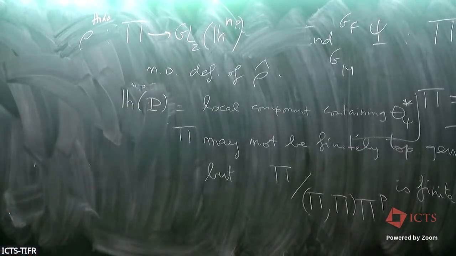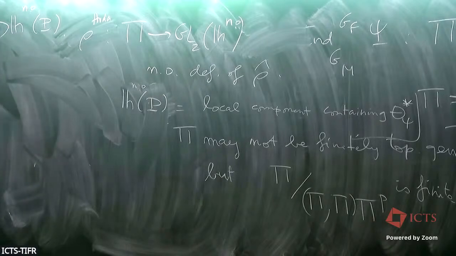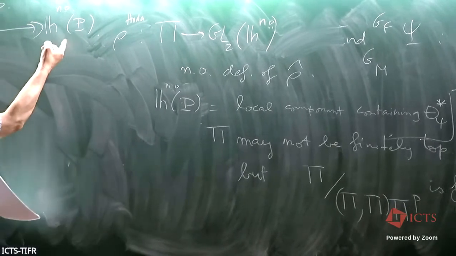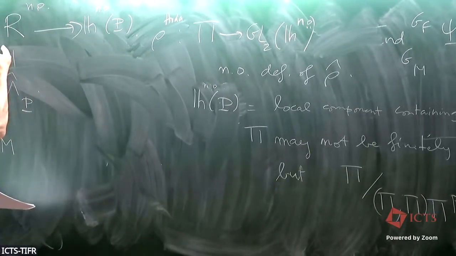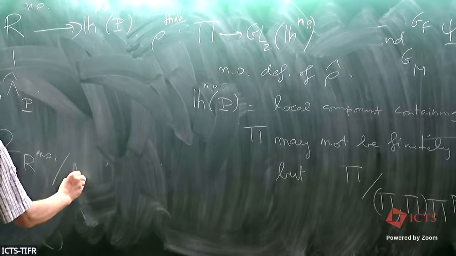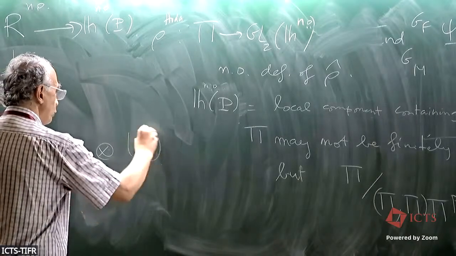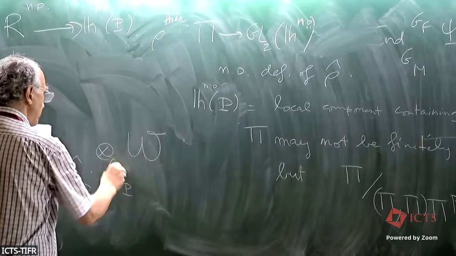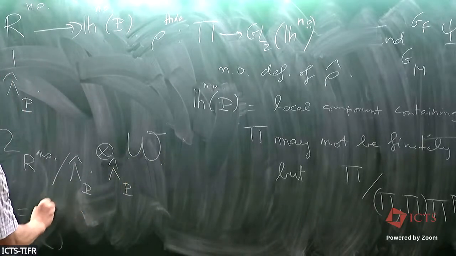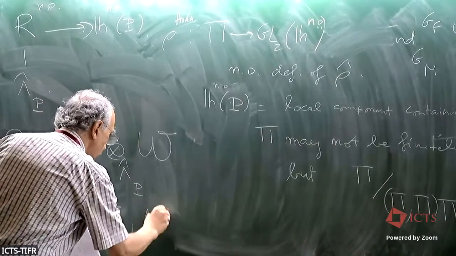And so by the universal property of this ring, you have a map from h nearly ordinary of p. And this is surjective by abstract nonsense, because this is generated by Hecke operators, and Hecke operators are traces of Frobenius, which belong to here. So this is surjective. And what you do now is completely formal, it belongs to Mazur's deformation theory: if you take omega R nearly ordinary tensor some module, which is a lambda p module, tensor over lambda p hat, you will get the dual of h1 of pi nearly ordinary with coefficients in